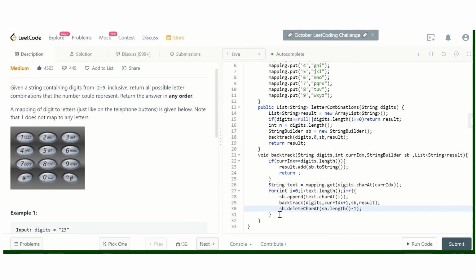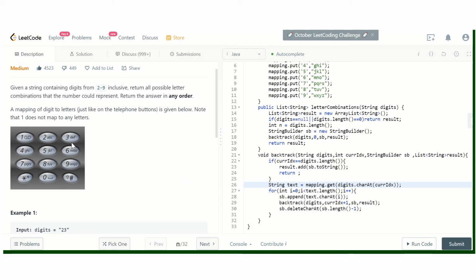So we'll backtrack it here. This is the backtracking step. We are removing the character that we have added here, and in that place we will add the next character of the text. In this way we are exploring all the mapping characters for the corresponding digits.